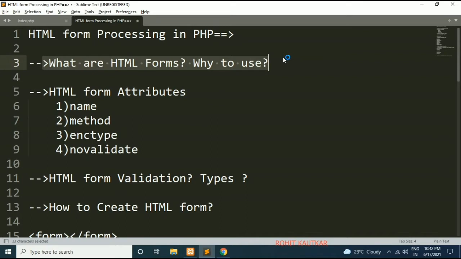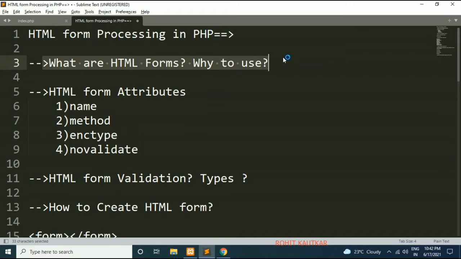Web application may need certain external data from user in order to perform certain task. So how we can collect data from user? The facility is HTML form.